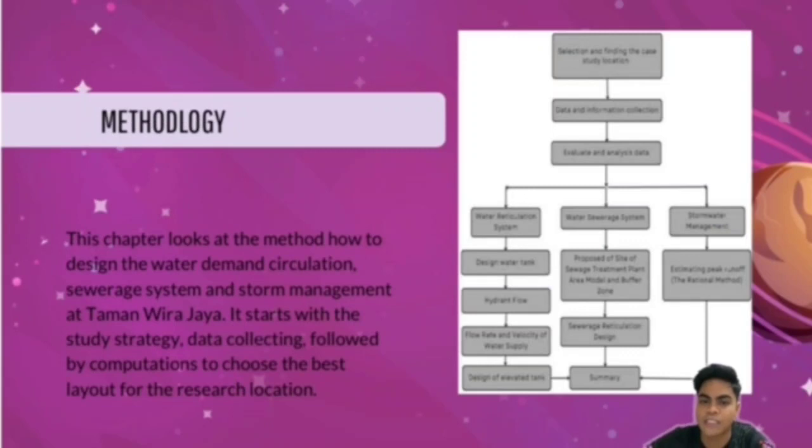For methodology, this chapter looks at the method of how to design the water demand circulation, sewerage system and storm management at Taman Wirajaya. So it starts with the study strategy, data collecting, followed by computation to choose the best layout for the research location. This is the flow chart. The first one is selection and finding the case study location, and then data and information collection, and then evaluation and analysis of data. So we have three that we need to find, which is